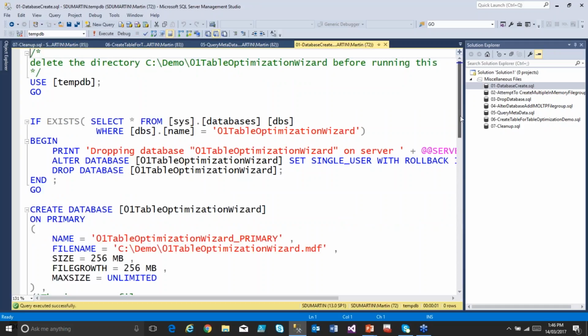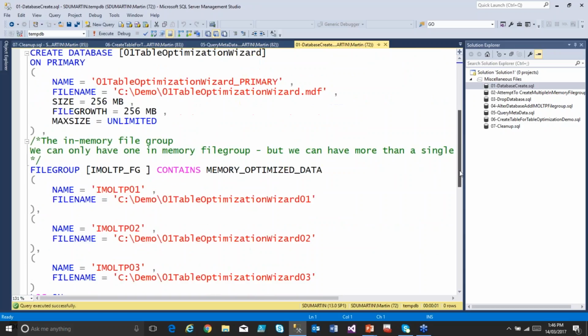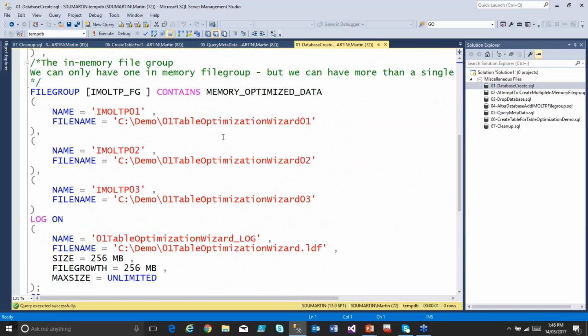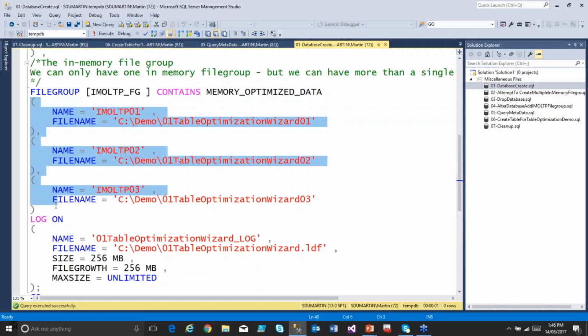So first of all, I'll just create a traditional database. And we'll see that the only thing we need to do to enable a database for in-memory support is to create a file group. Now it's a little bit different than we would traditionally keep a file group. All we need is a name for the file group and basically a file name. The file name is not really a file, it's simply a container, a folder on disk where objects can be stored. In this file group we can have basically as many containers as we want,